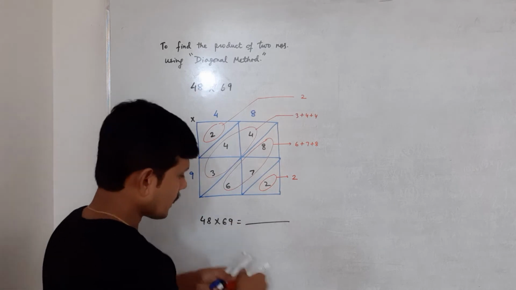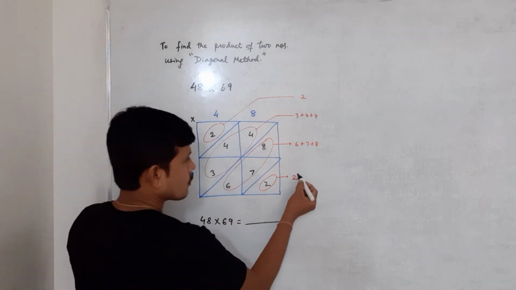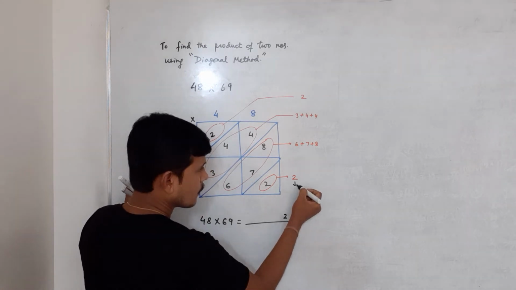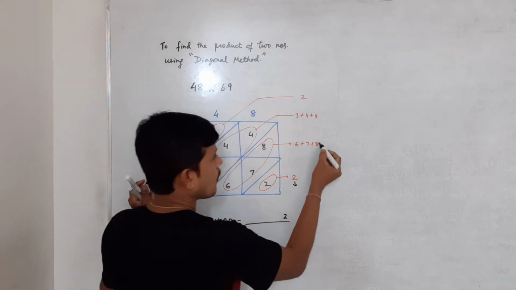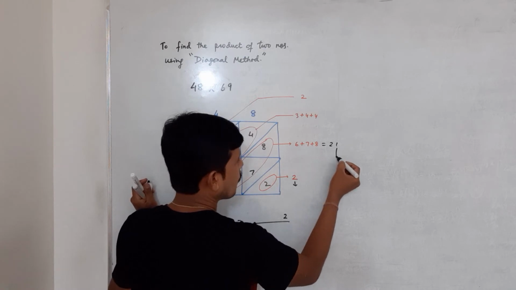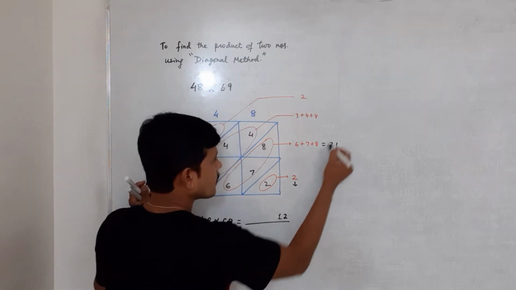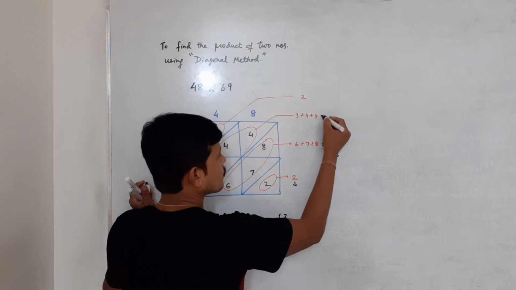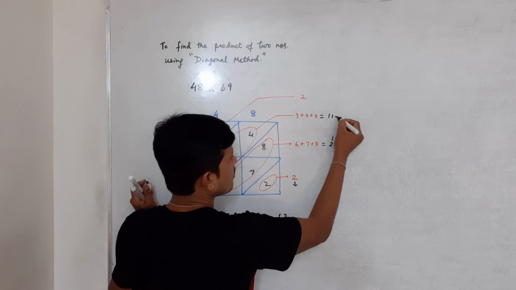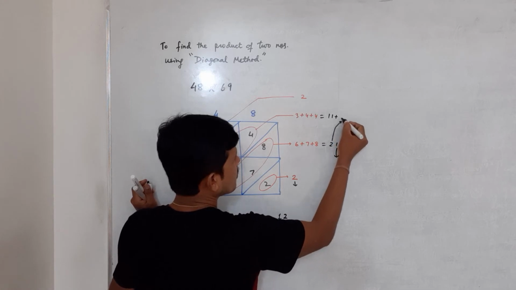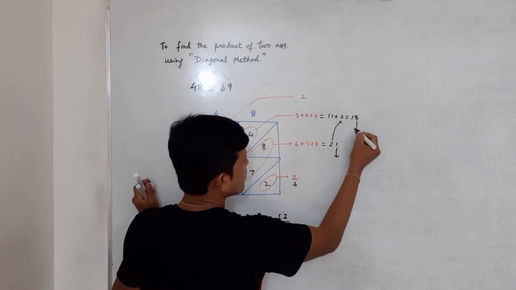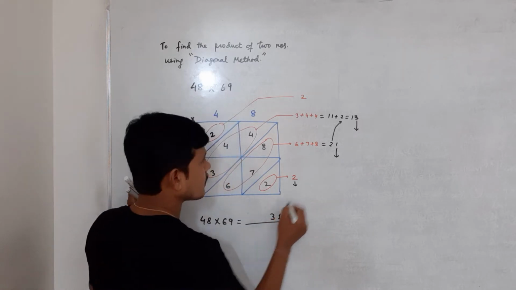Now see what I am doing. There is only one digit 2, so I am writing it over here, 2. Okay, it came over here. Now add up this. What is the sum of this? 13 plus 8 equal to 21. 1 will be written over here, and 2 will go and add up to the sum of this number. This is 11. 11 plus 2, I am just adding 2 over here. What is the answer? This is 13. Bring this 3 down. See, I am writing over here 3.